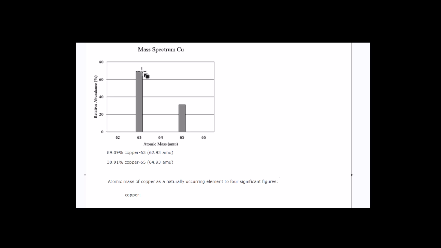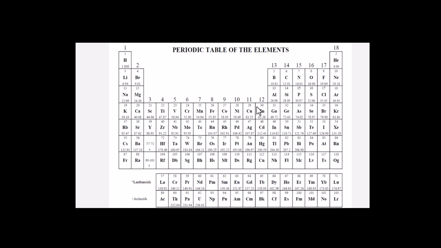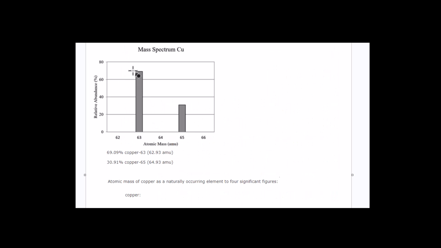If you look at a copper wire, every single atom has a total of 29 protons because look here at our periodic table, copper, 29, exactly the number of protons. That identifies copper. But only about 70% of the atoms of a sample of copper from anywhere is this type of atom. Here is our detail,